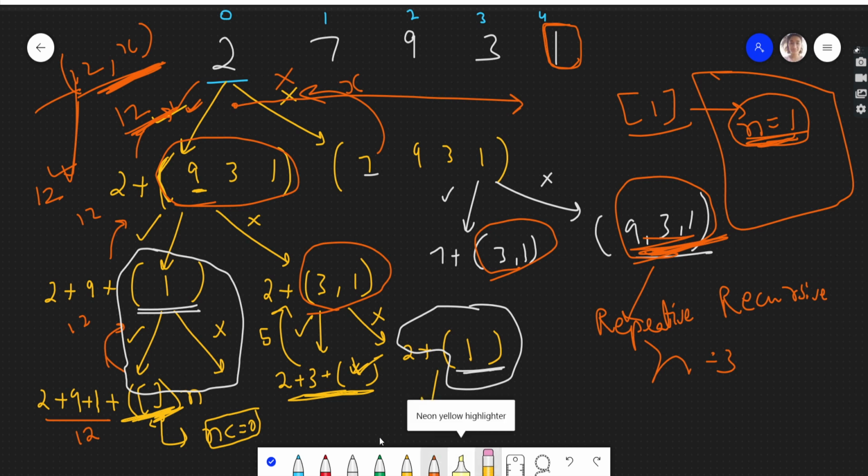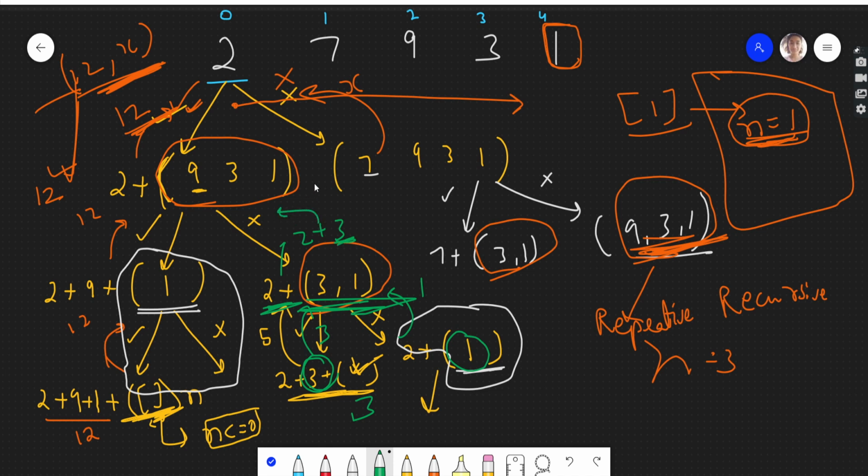So if you see over here, let's see for this, when 3 comma 1 was there, we were getting 2 from here only, and for 3 comma 1 either we were getting 3 or we were getting 1. So from here we'll get 3 and from here we'll get 1. Between 3 and 1, 3 is greater, so we will take 2 plus 3 and return 5. In this way we will choose whichever path is giving us the maximum number. I hope you understood the approach and the dry run. Let's see the code now.